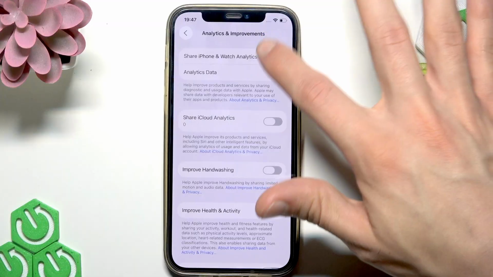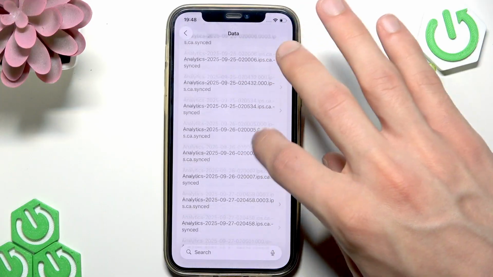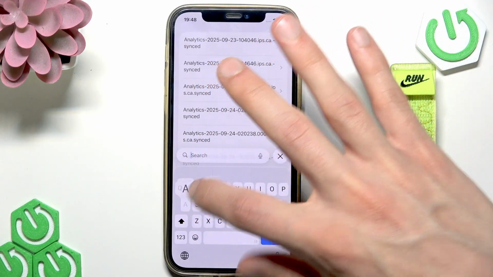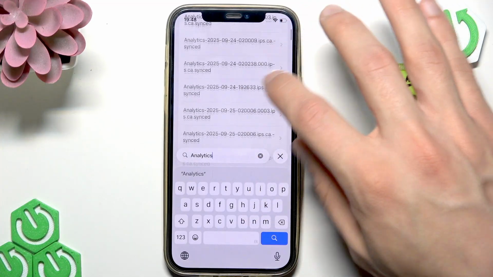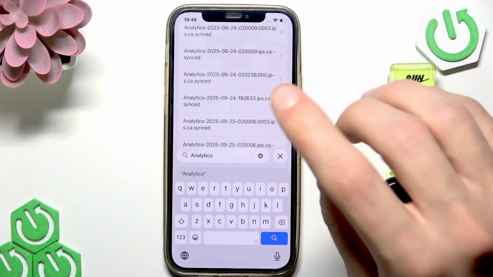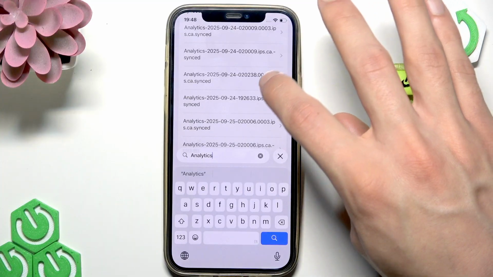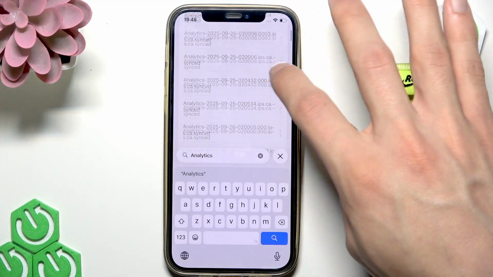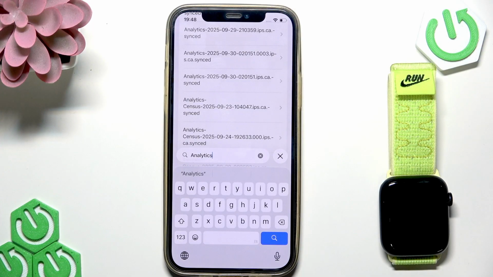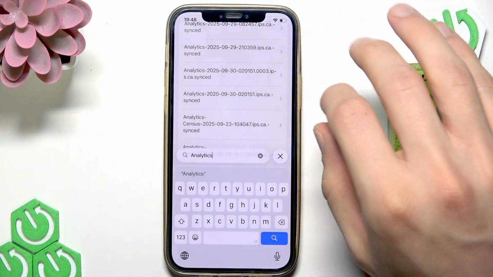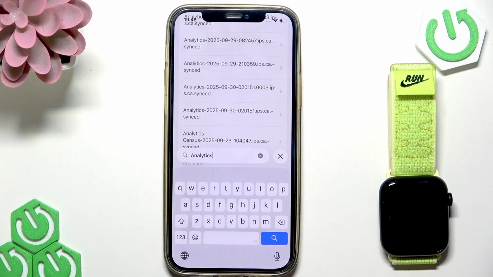So if it's enabled, you have to go to Analytics Data and then search for the file named Analytics. As you can see, the name format is the Analytics, then the date when the analytics was made, and what you have to do is search for the analytics for the most recent date. And once you find such analytics file, which for me this two would be the analytics,